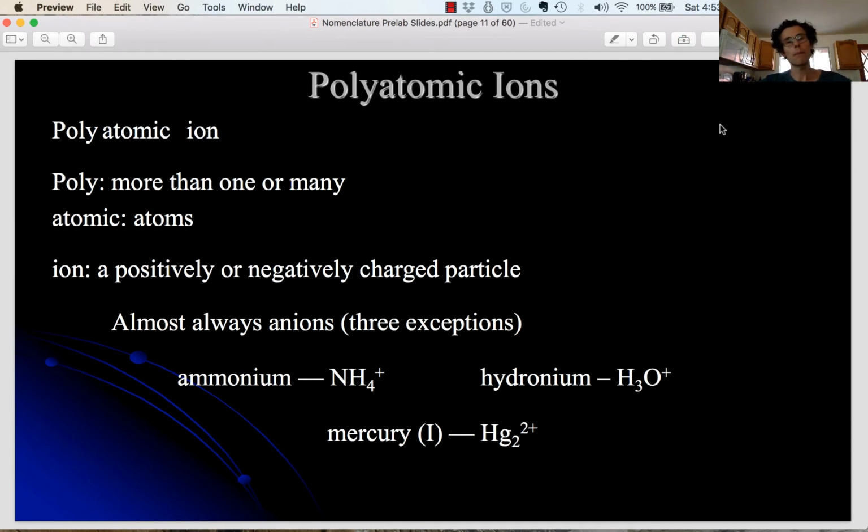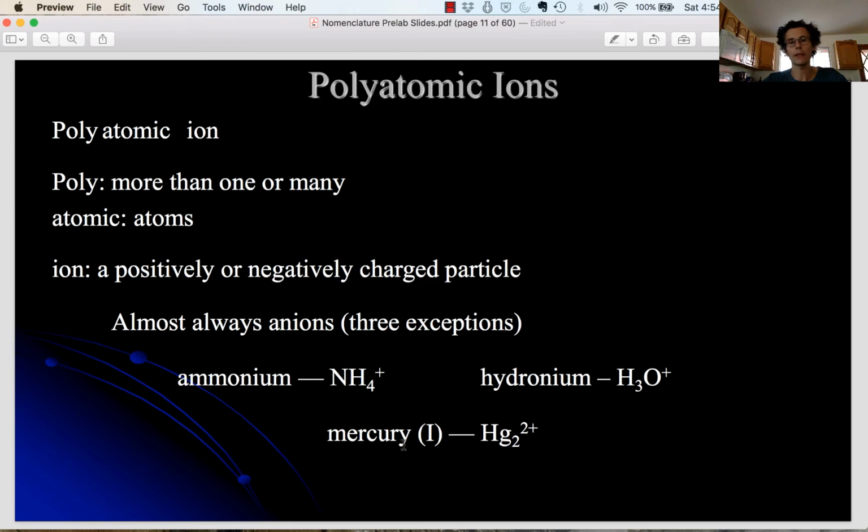Let's quickly talk about polyatomic ions. Polyatomic ions are charged particles that have more than one atom involved. So there'll be multiple atoms. Overall, they will have a positive or a negative charge. What we're going to see is that most of these polyatomic ions are going to be negative, with 3 exceptions. You can have some that are positively charged, and those include things like ammonium, hydronium,